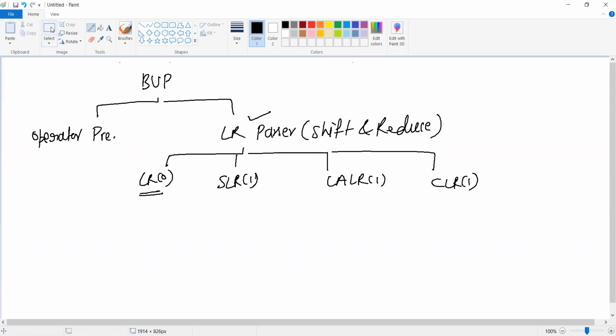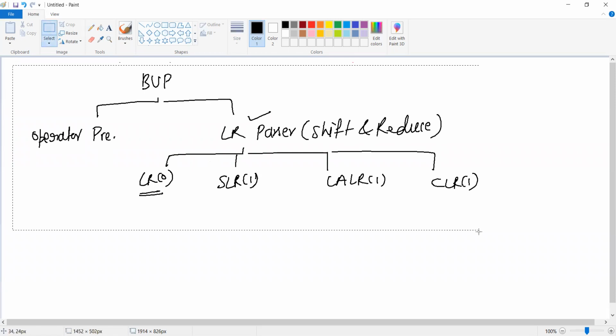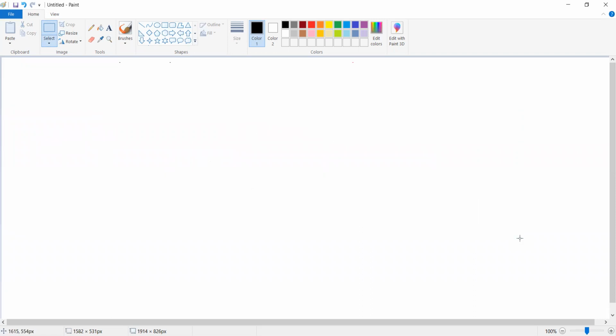Fine. So the LR0 parser is the first and basic parser in the LR parser category. And before starting with the LR0 parser, let's talk about the state diagram.